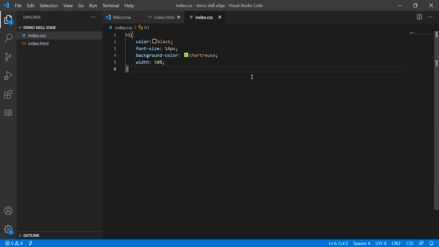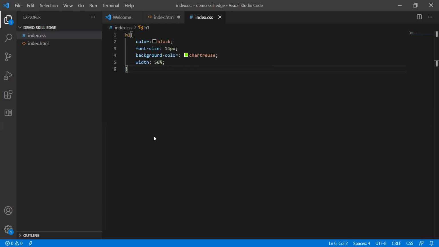Hello? Hello? Yes, ma'am. Yes, we can see. Okay, guys, if you find any difficulties in seeing my screen, please let me know. While coding, I'll tell the color, font size or background color when I code it. But if you are unable to see my screen, please let me know. Or if you are unable to understand also, let me know. I will explain it clearly or once again. There is nothing wrong in asking once again. I'm here only to explain and make you understand what exactly this is.